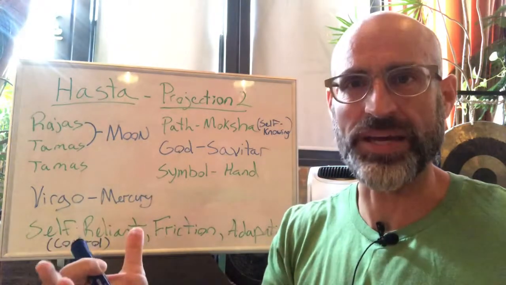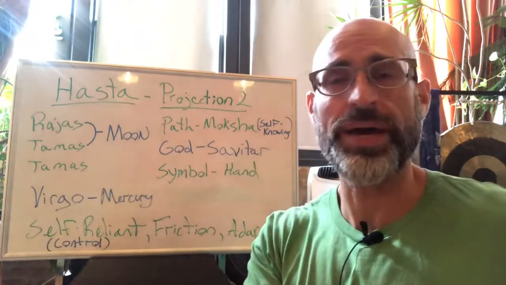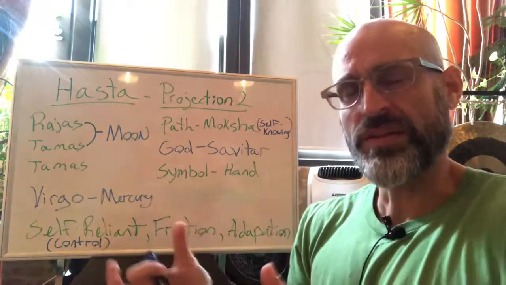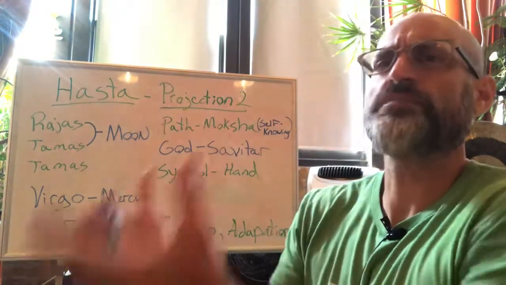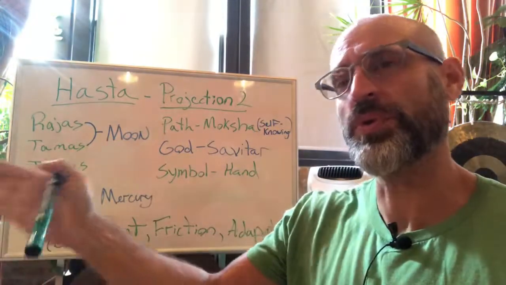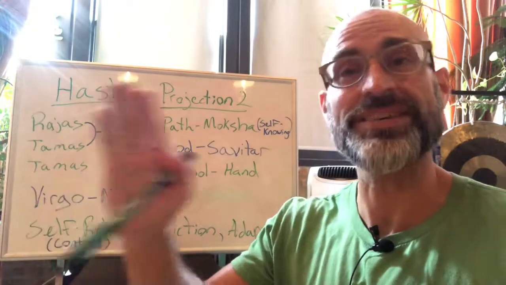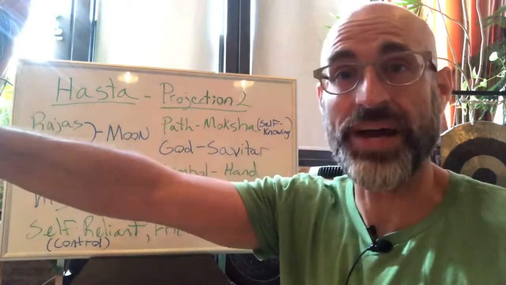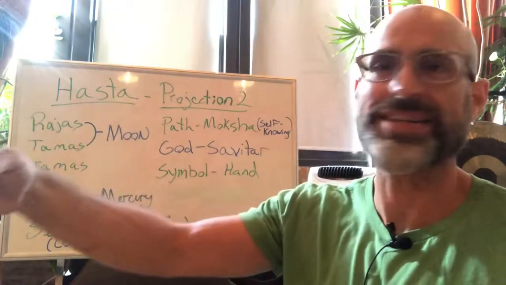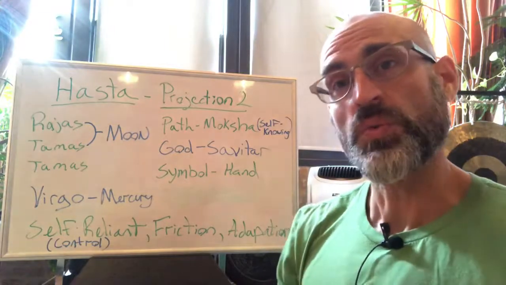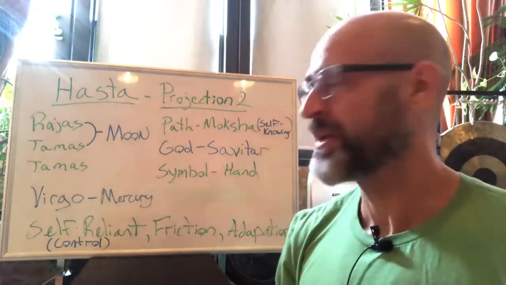Nakshatras, they're basically a progression, beginning all the way in Ashwini at number 1, which is sort of like the anxious energy of birth. You know, it's the beginning, it's the spring, all the way through till the very end, which is Revati. And Revati is all the way at the end of the final Nakshatra, and that's not death necessarily, it's more embryonic in nature. So what we have with Hasta is